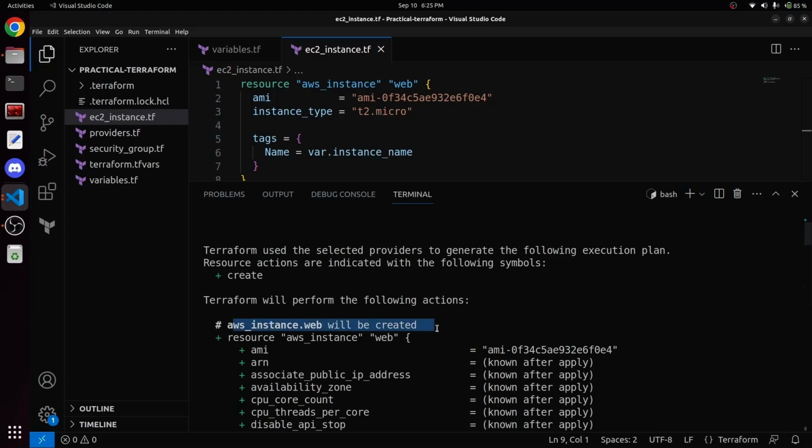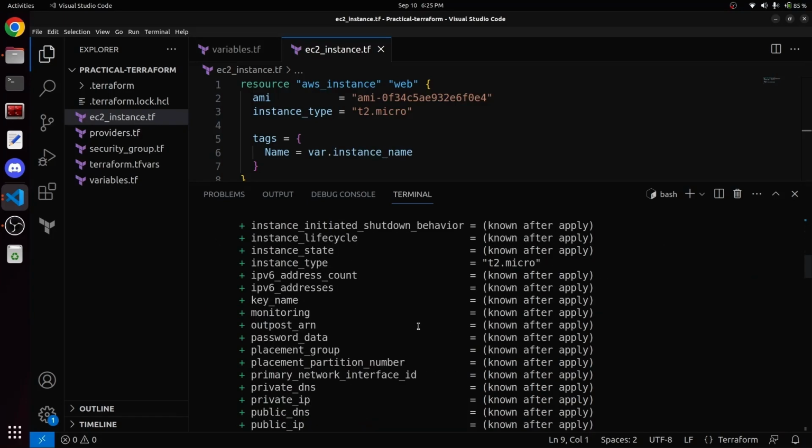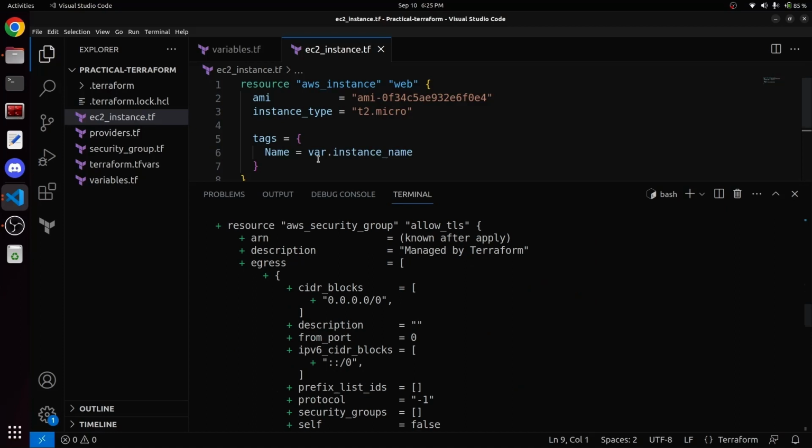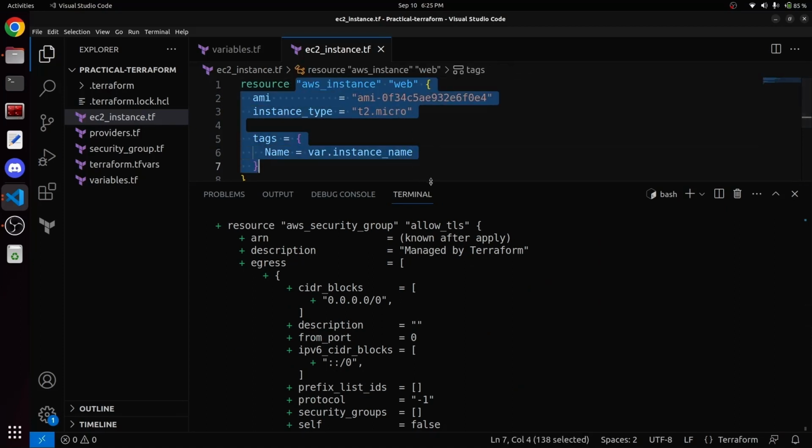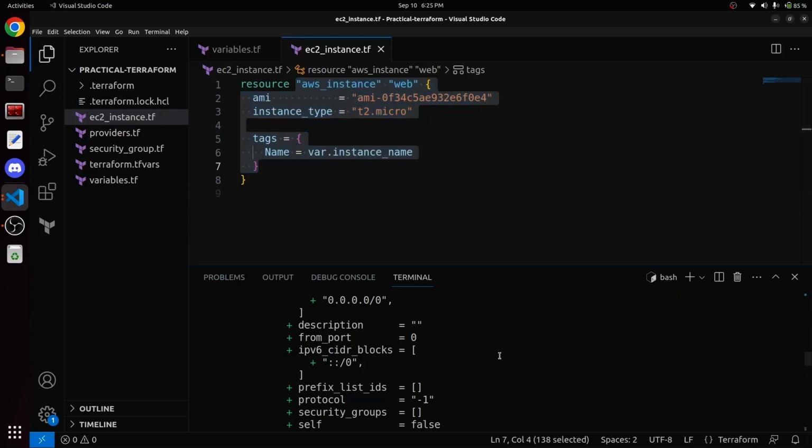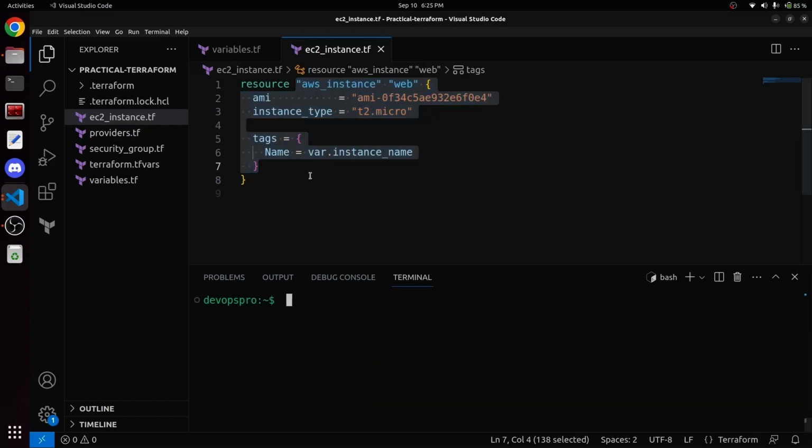We aim for the instance_name variable to have a meaningful value to represent the purpose of the EC2 instance. For example, if the instance is meant for deploying a web application, its name should be something like web_instance. Similarly, if it's for a database deployment, the name should be database_instance. In other words, we want the EC2 instance to have a meaningful name rather than just a random number with